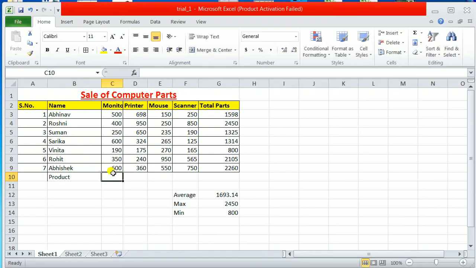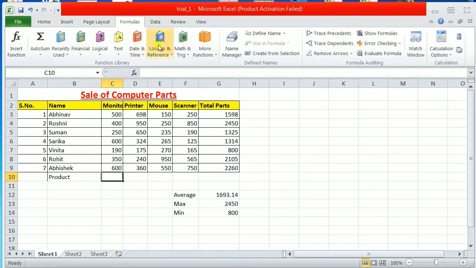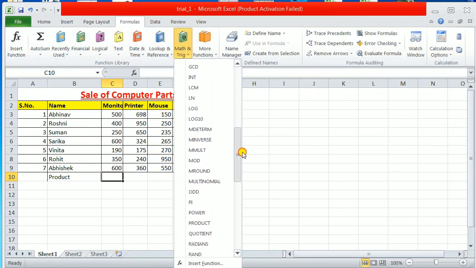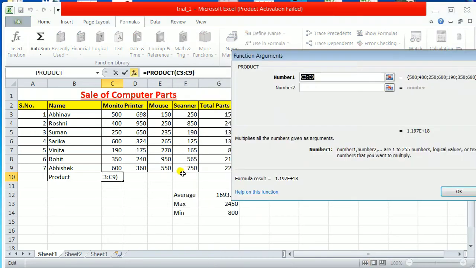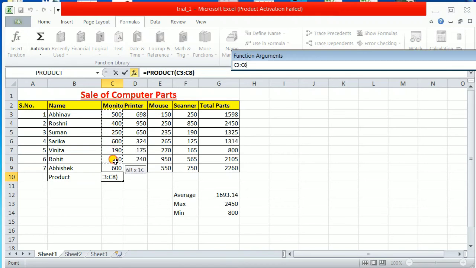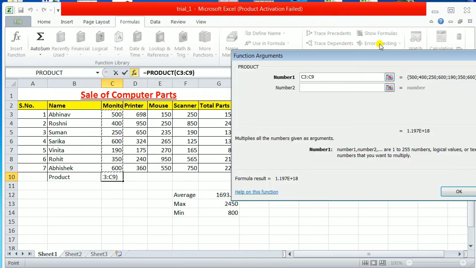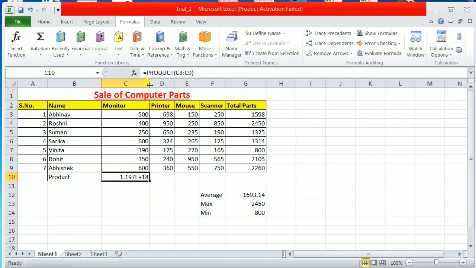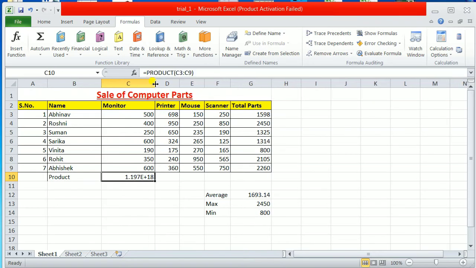So what will I do? I will go to formula function first of all. This is a mathematical function, so I'll go math and trigonometry. I will look for the product function, that is multiplication. So product, again find the correct range. Range should be correct, then your answer will be correct. OK, click on OK. Now this is not sufficient space to write this product, so I'll make the size bigger to make it fit here.